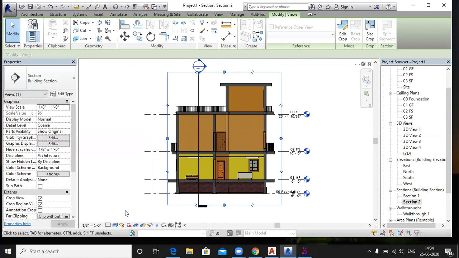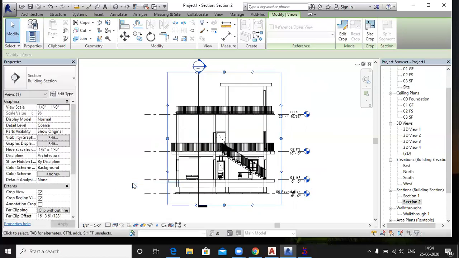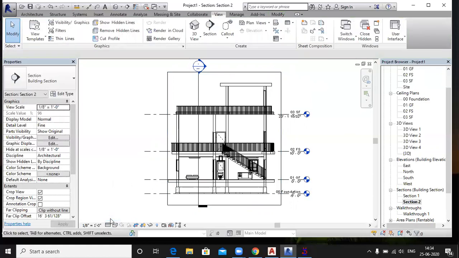How can I make the wireframe? You just choose and activate this wireframe like this. Okay, right? Sir, detail. As detail.